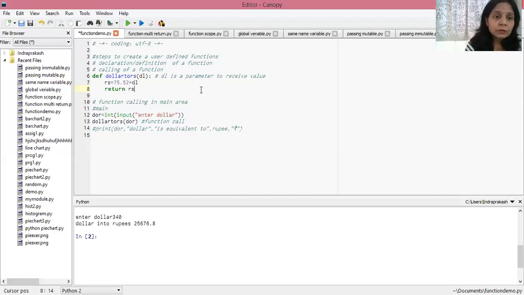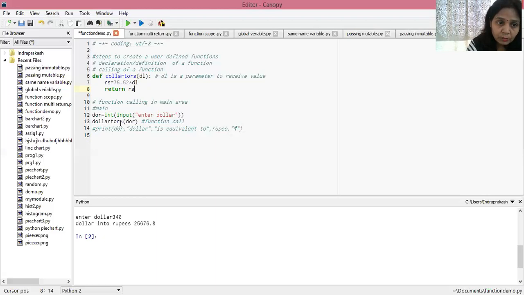Now the main thing is how we can call this type of function, from which the value is returning. Inside the main function I am inputting a value from the user for dollar, stored inside the variable dor, and now I am calling this function by name.